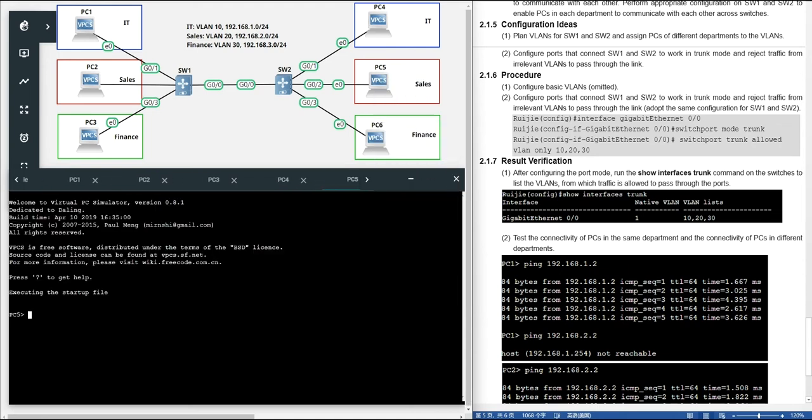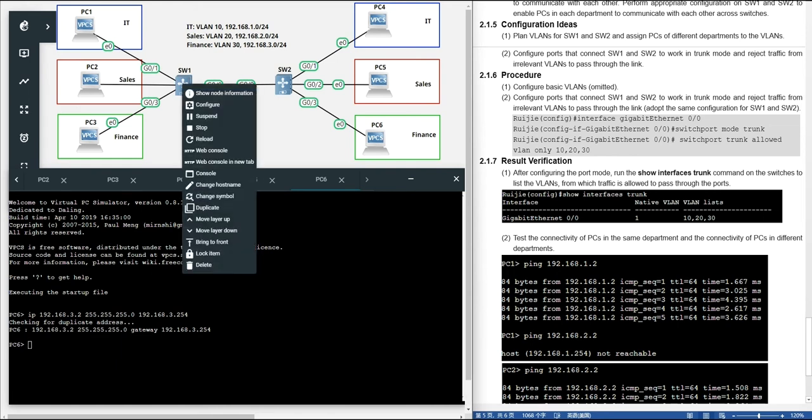About PC5, the IP is 192.168.2.2, the mask 255.255.255.0, the gateway 192.168.2.254. And about PC6, the IP address is 192.168.3.2, the mask 255.255.255.0, the gateway 192.168.3.254. Okay, now the basic IP addresses are done, right?